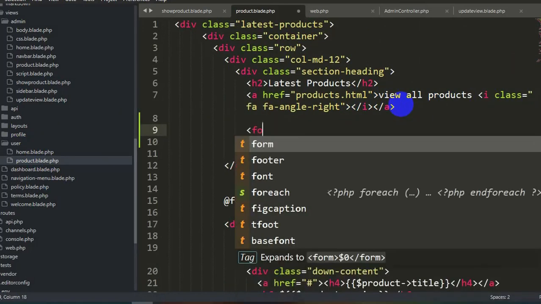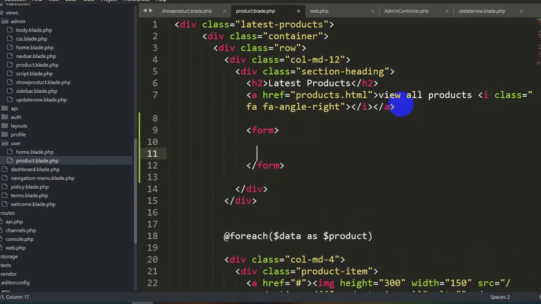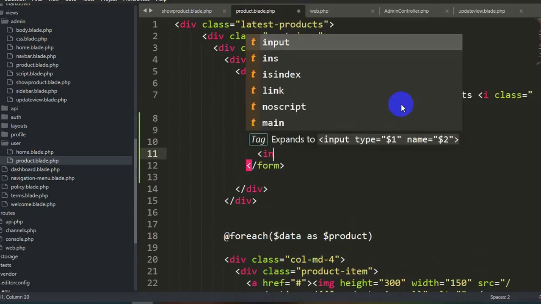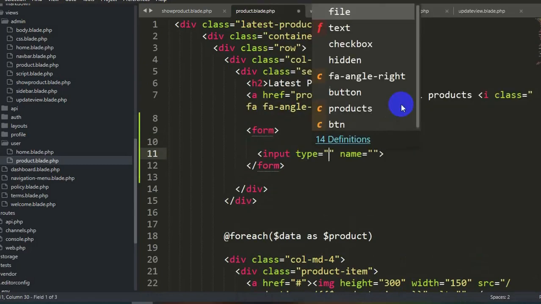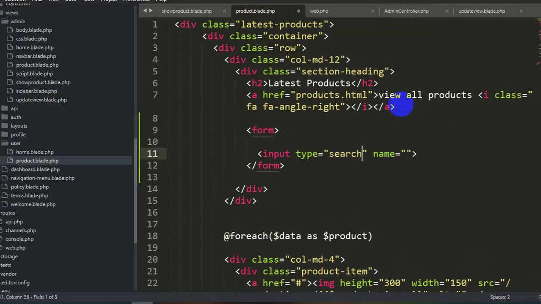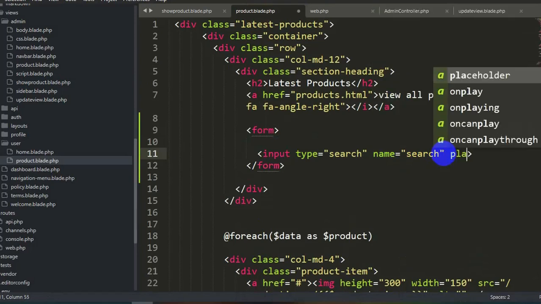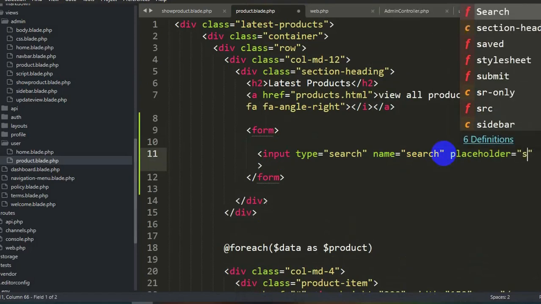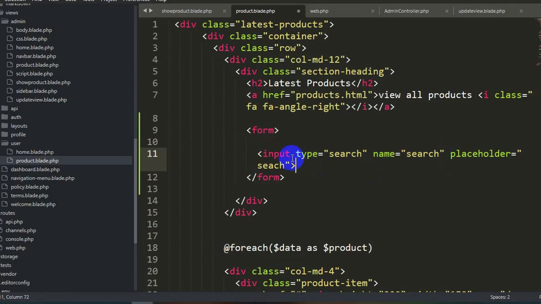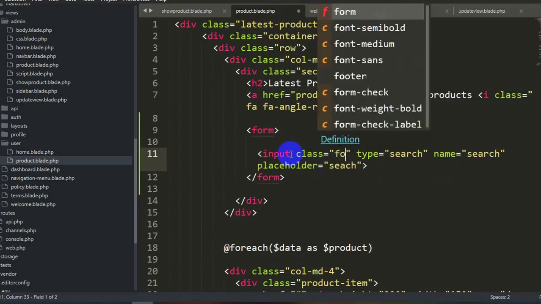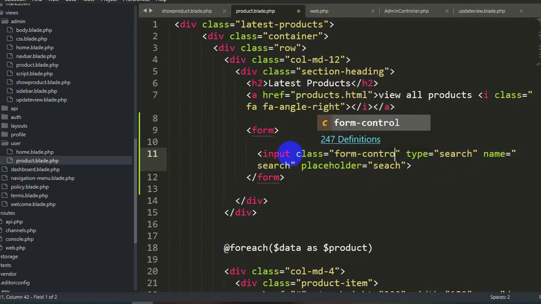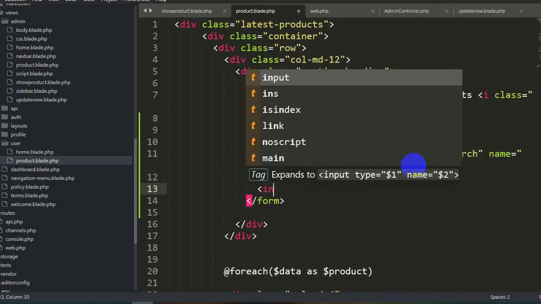So we'll say over here form, then inside it we'll have an input field. Input type will be search, and name equal to search as well. And let's also give a placeholder over here. So let's say it will be search, and we'll also add a bootstrap class, form-control. And after this we also need to add a submit button.